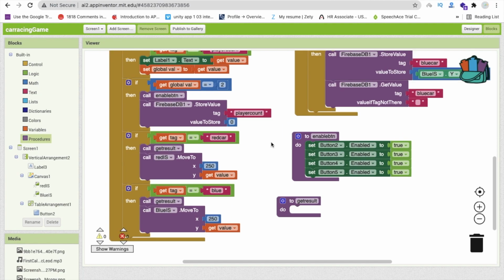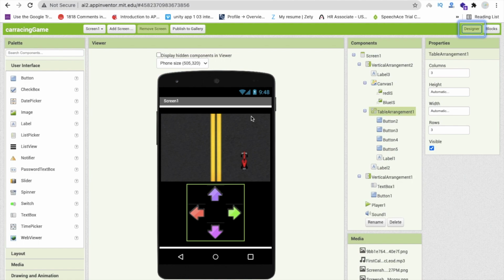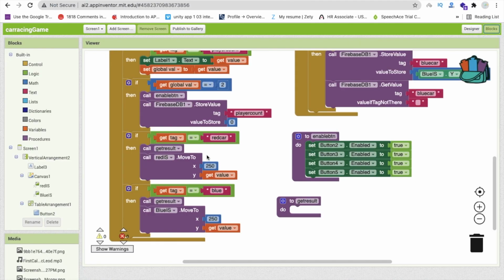Now what will happen, whenever we are moving our car, then the y value will decrease, and whenever our car reaches that edge, then the y value is going to be 0. Okay, so we have to check if the value of any car is 0, then we have to make that car the winner.